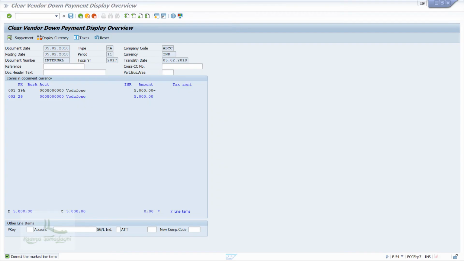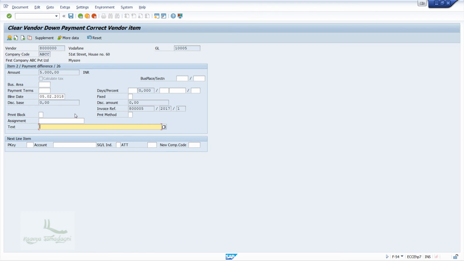This time, we are redirected to the document overview screen. It looks like we are missing an entry for a field. As you can see, the text in blue color means incomplete. So we will double click on the second line, and this will take us to the entry which needs to be done. The text field is mandatory, since this is an IDES server. So I will maintain the text as test document and again click on the save button.